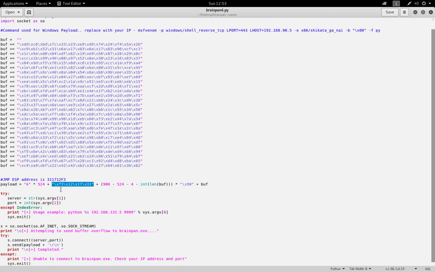right? This is basically nothing but the stack pointer, and looking at the execution of this particular program, brainpan.exe, the stack pointer would be pointing to where this set of characters is, over here. So that's why we have this return address, or the EIP, pointing to a jump ESP. We have done a jump ESP over here because we know that the stack pointer will be pointing to the characters which start from here,